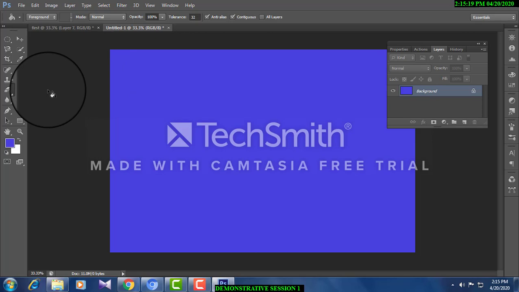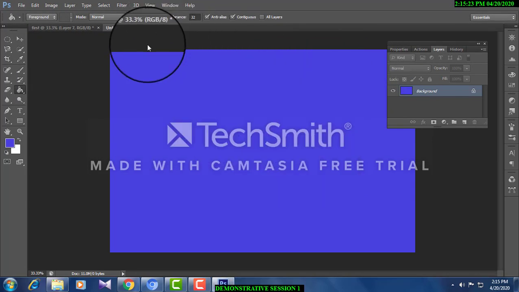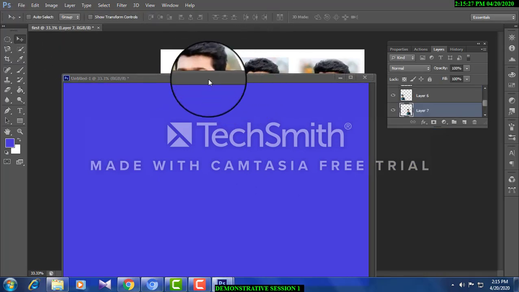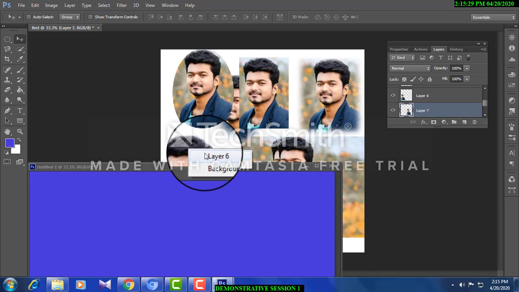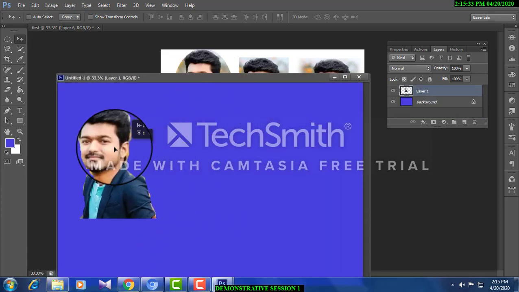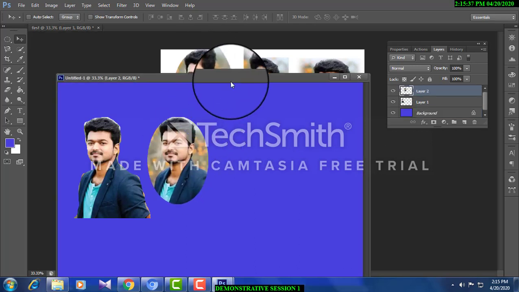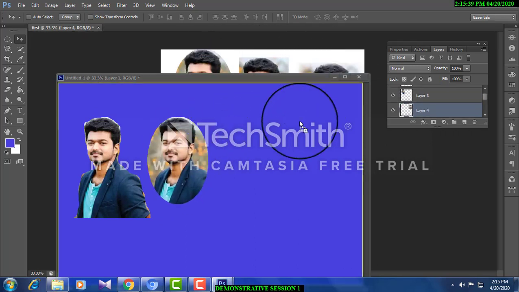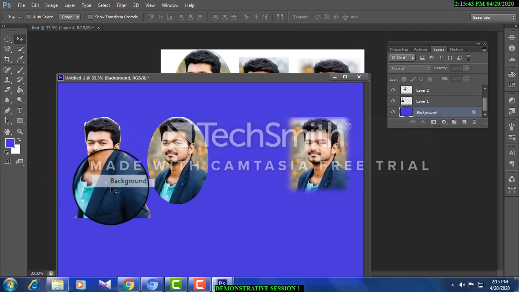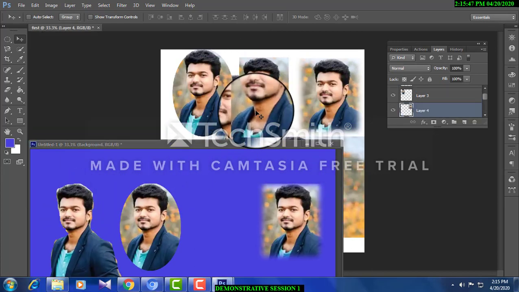If you want to do with now, I'm bringing that pictures, these pictures. Look at here, this picture, cropped pictures into here. See, it is not cut properly. So you will have to do it properly. You will have to cut it properly. See the difference? So in a background, you will have to bring all these pictures.